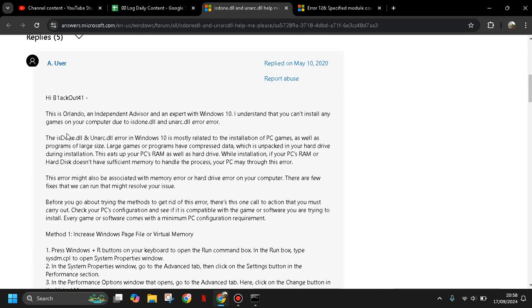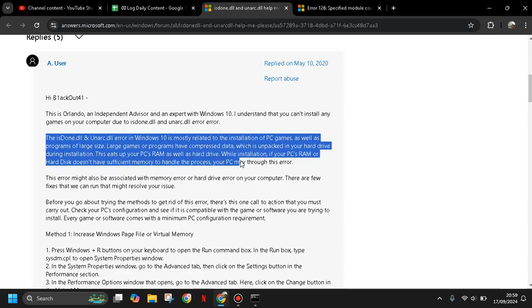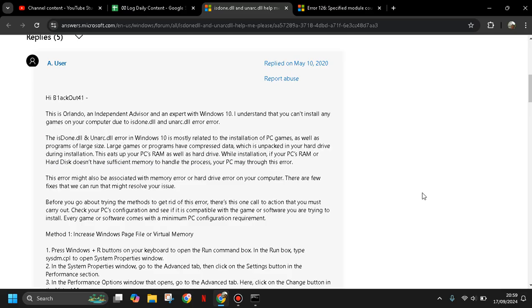So for example, this isdone.dll and arc.dll error in Windows 10 or 11 is mostly related to the installation of PC games as well as programs of large size. Large games or programs have compressed data which is unpacked on your hard drive during installation. This eats up your PC RAM as well as hard drive. During installation, if your PC RAM or hard disk doesn't have sufficient memory to handle the process, your PC may throw this error. So the first thing to do, you can try to run Windows R,